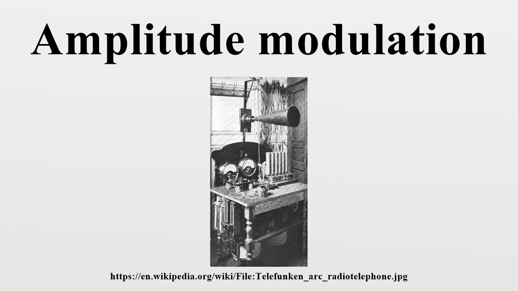Amplitude modulation is a modulation technique used in electronic communication, most commonly for transmitting information via a radio carrier wave. In amplitude modulation, the amplitude of the carrier wave is varied in proportion to the waveform being transmitted. That waveform may, for instance, correspond to the sound to be reproduced by a loudspeaker, or the light intensity of